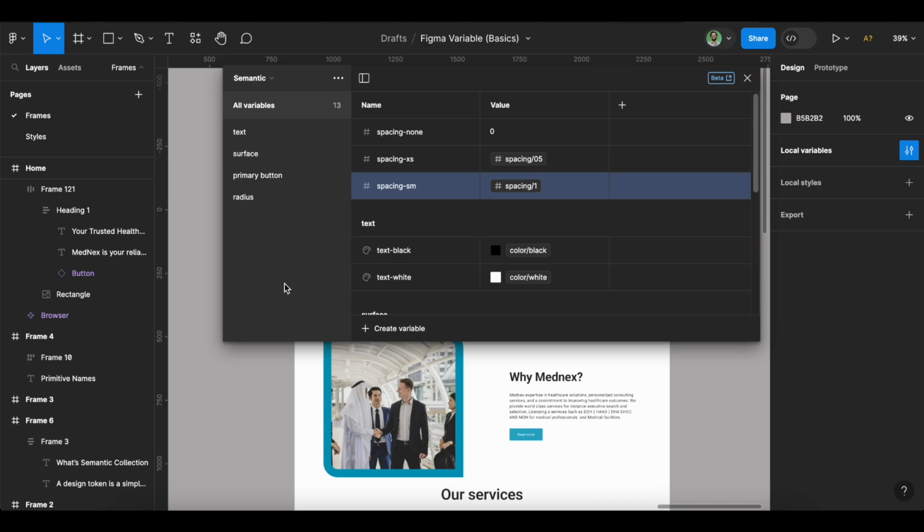So these are our semantic collection, and I will show you the usage of this, our primitive collection and our